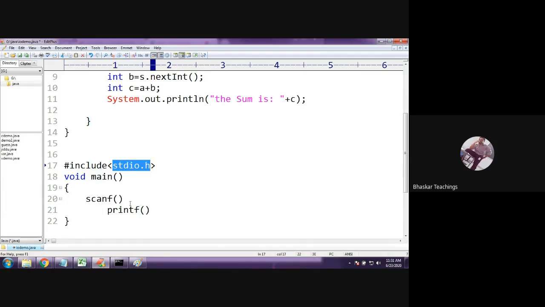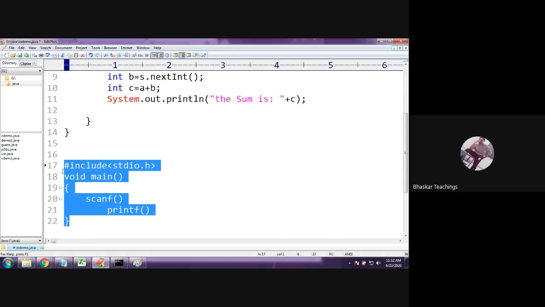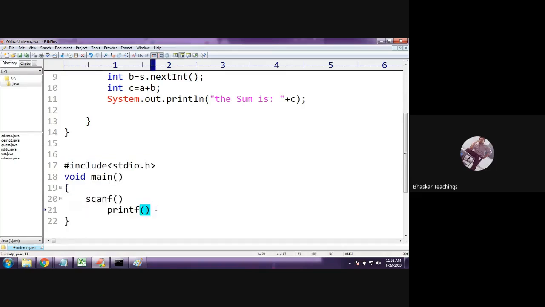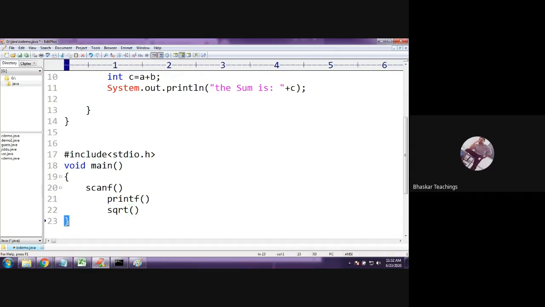Linker ani untadi kada, compiler, linker. So the linker comes and links this header file to my program. Same way, one more point: if we use some sqrt function, we used to include the math.h header file. If you use any string functions, you used to include the string.h header file. Like that, here,